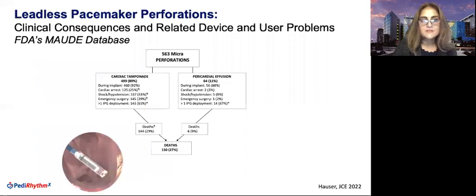So let's talk a little bit about leadless pacemaker perforations. Now, we know from the adult registry studies that this risk is low. But the point I want to make here is that when the MAUD database was searched, there were 563 Micra perforations. Now remember that we don't have a denominator here, and so the MAUD database only records what was reported